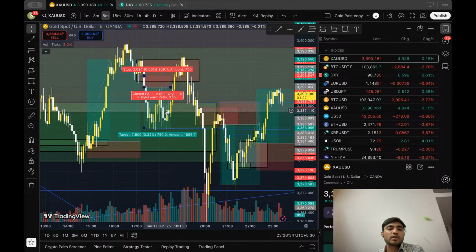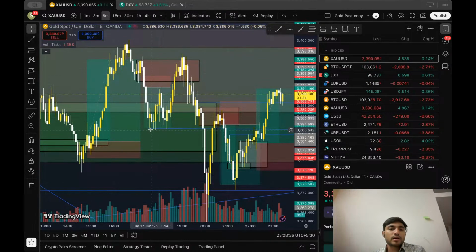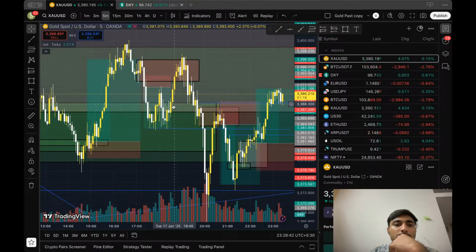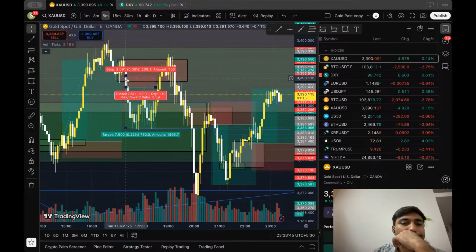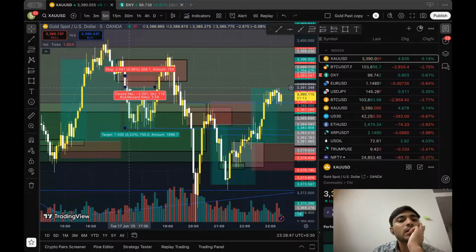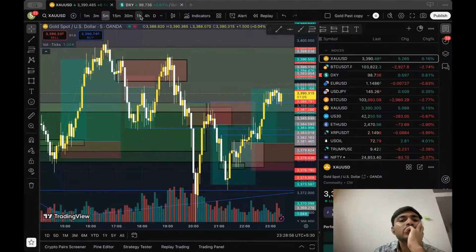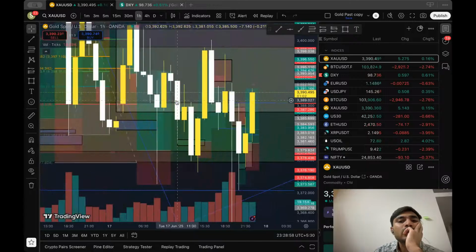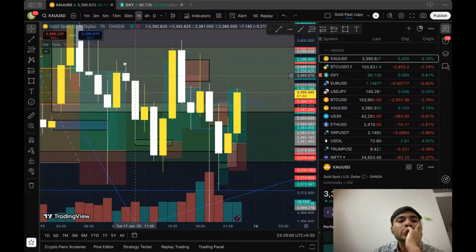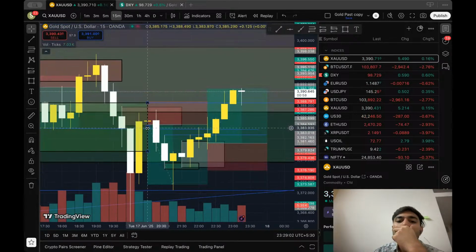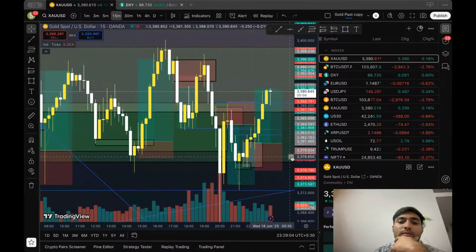At least that was the idea, and actually my take profit got hit, and I was out of that trade. And it did test this order block though. What order block did it test? So in 1 hour too, we had an order block at this point, right? And it's really choppy. 15 minute. I remember it being 15 minutes.